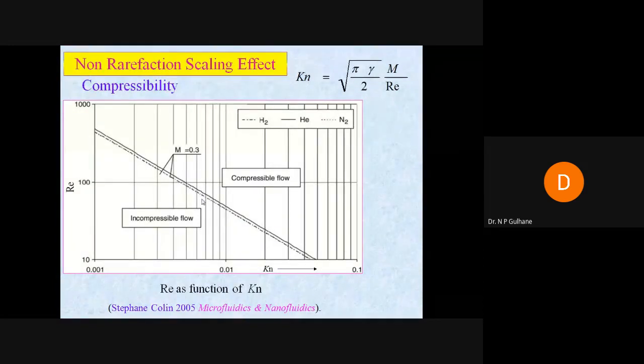Basically here we are using incompressible flow, so that the Mach number is less than 0.3. Even at a high Reynolds number, with a high Knudsen number value, we have this incompressible flow. Incompressible flow here means the sensitivity of density with respect to pressure you cannot ignore. You have to consider SROP as well as SROT. This is not the case with liquid. But air, being a compressible fluid or compressible flow, we have to consider this region only. So we are considering Mach number less than 0.3 and incompressible flow.